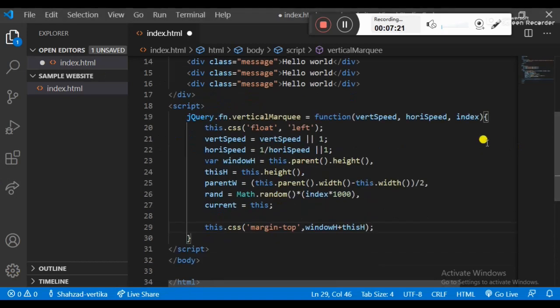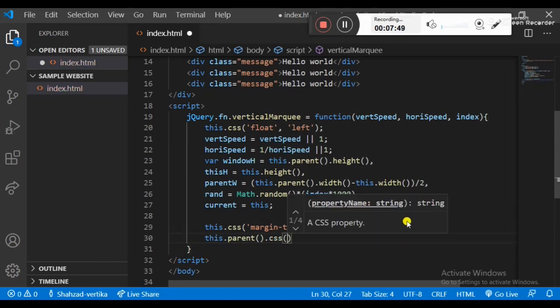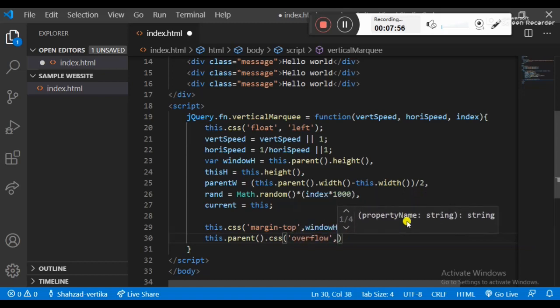If the balls, or you can say the bubbles, are going upward, it makes a scroll bar, so I just hide this scroll with parent.css overflow hidden.